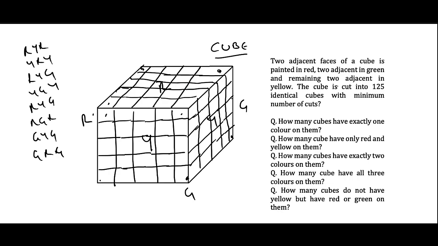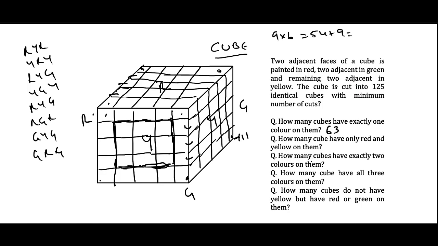Now the first question says how many cubes have exactly one color on them. Now as we have seen, the middle portion of a face of the cube has one face painted and it can have only one color. So these 9 cubes have exactly one color. So 9, we have 6 faces, so 9 times 6 is 54. But again, in this case of adjacent, these 3 edges, the cubes on these 3 edges are yellow and yellow. It says only one color, so yellow and yellow will be one color. These 3 also have red and red, and if we see the back edge, we have 3 green and green. So these 9 cubes will definitely be added in exactly one color, which will give the sum total of 63.